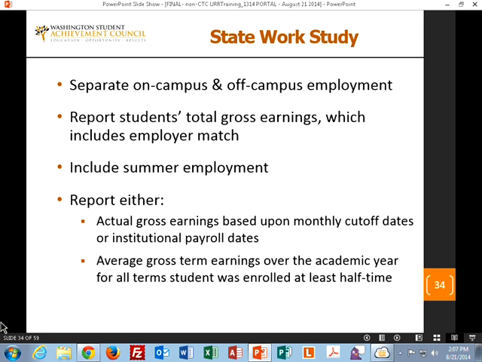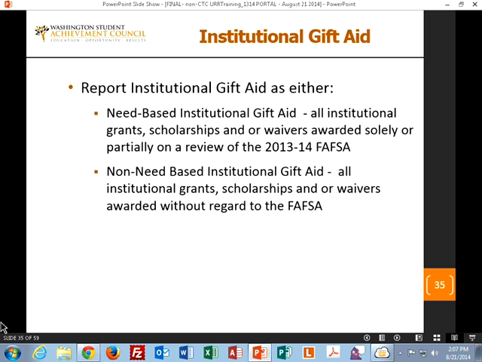Because what we're going to be checking with our state work study team here is that the total dollars are the same as the total dollars you have. We're not looking so much at term by term for that program. But you still have to report it term by term. So, those three being three of the most critical programs because of our management of them and reporting to the legislature and our own council on that.